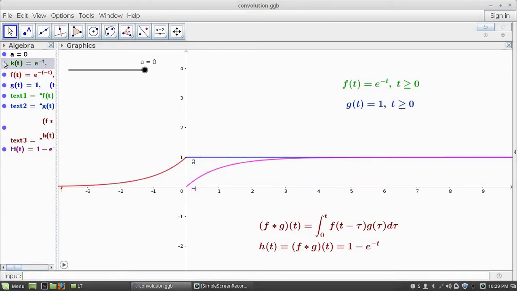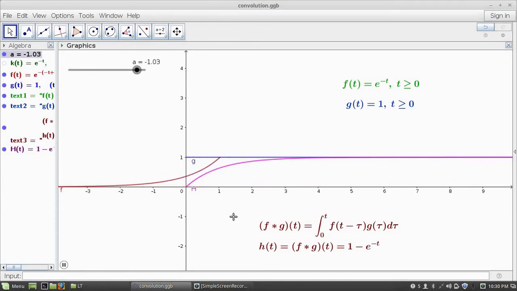First of all we are translating this flipped f(t) over the second function. So this is a moment of f(t minus tau), and this f(t minus tau) is every time multiplied with g(tau) and continuously added, and that will be stored to f star g of t. See the third function, the convolution product f star g, equal to 1 minus e raised to minus t, is an entirely different function from f(t) equal to e raised to minus t and the constant function g(t) equal to 1.